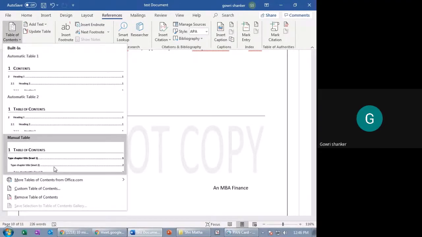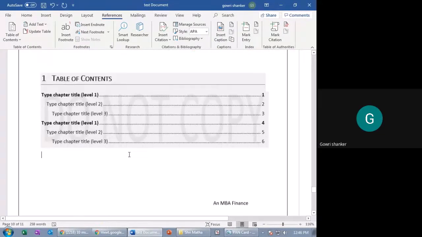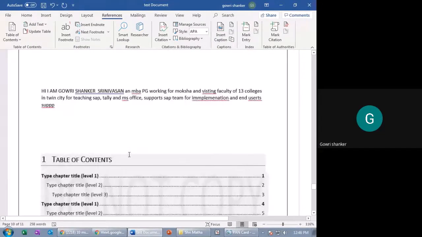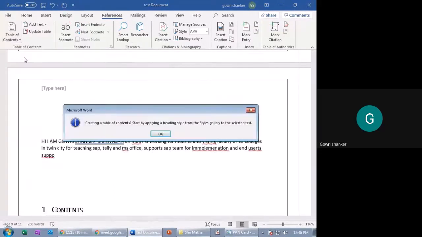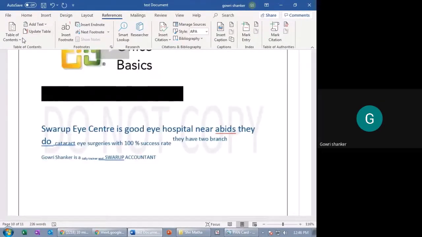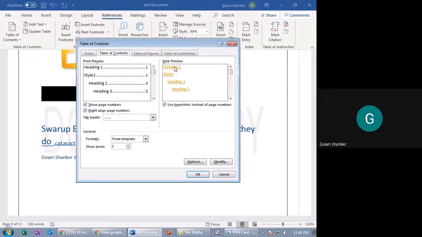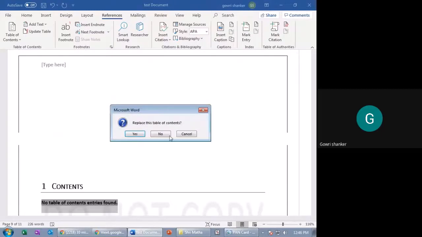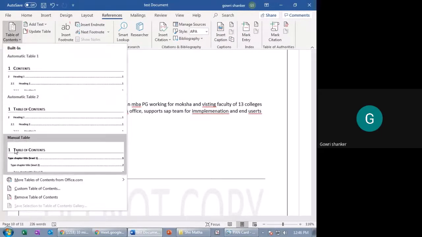Headings, there are tables, chapter 1, chapter 2, chapter title. These are the table of contents. So you can use this also. Under references, you can use this table of contents, automatic table. That's it. And apart from this, you can also make a custom table with heading style one, however you want, but it is not a big deal. Just use the available table of contents, chapter wise.